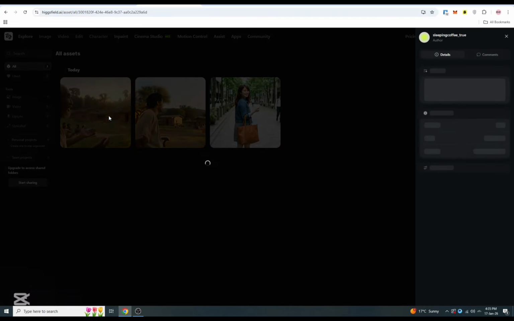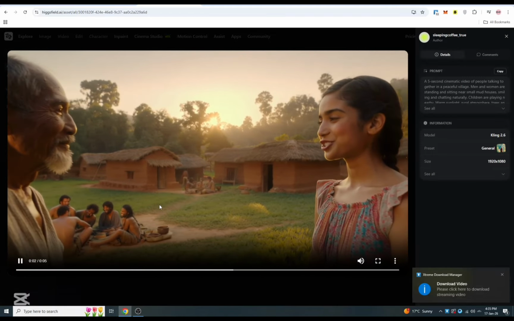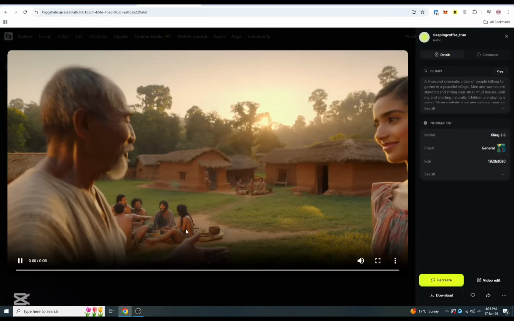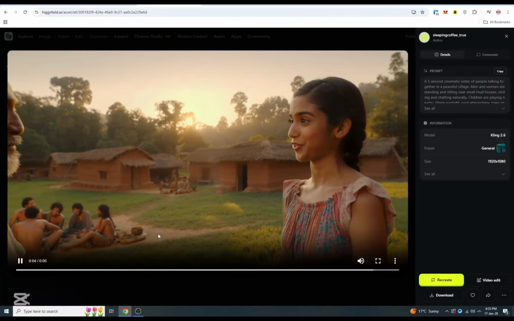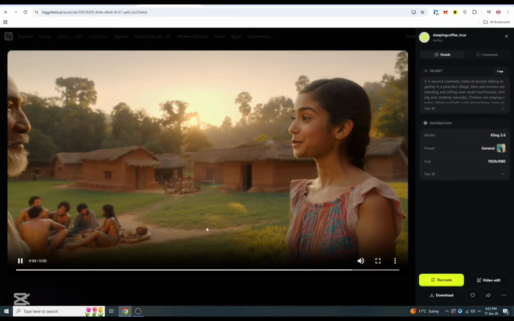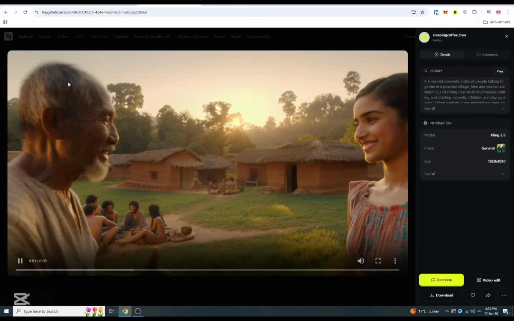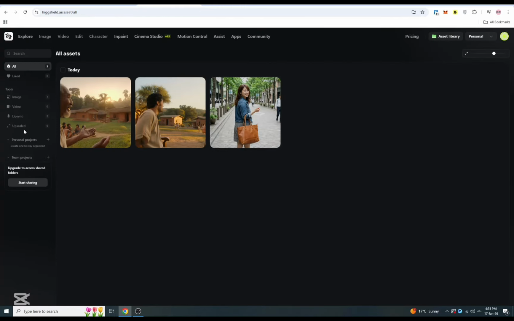You can check we have given a prompt to Kling 2.6 and we have got the video like people are talking in a village, with greenery in the background and small houses. So guys, we have got the video in a simple and organic way. So here is the simple detail you can check out and get the video from Kling 2.6, one of the best AI tools to get videos from AI.